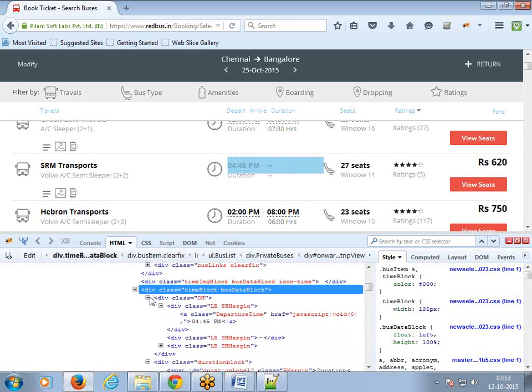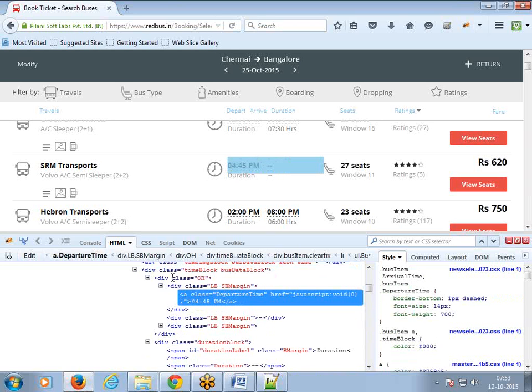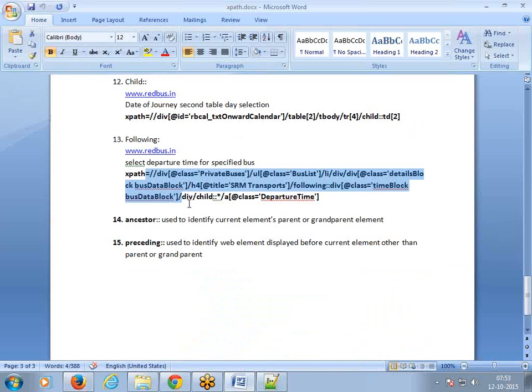No, this one, original departure time. Where is the departure time? Yeah, departure time, this one. See, departure time tag. So we have to identify this a tag from this division. So that is what we define here: division and a child also. See, child, see here. Inside the division